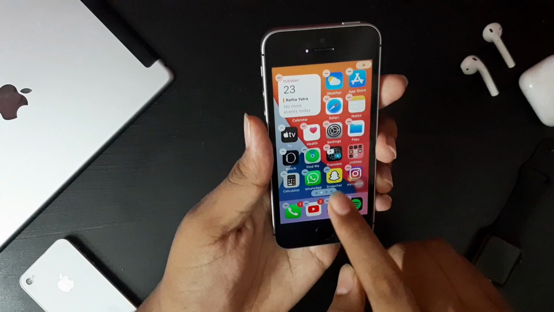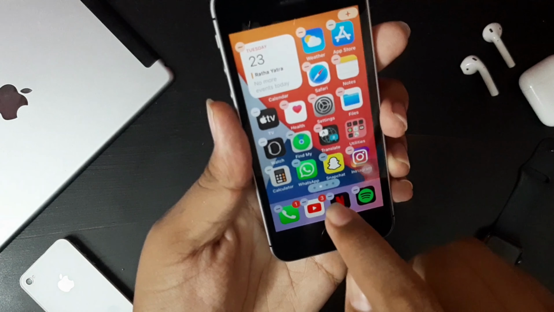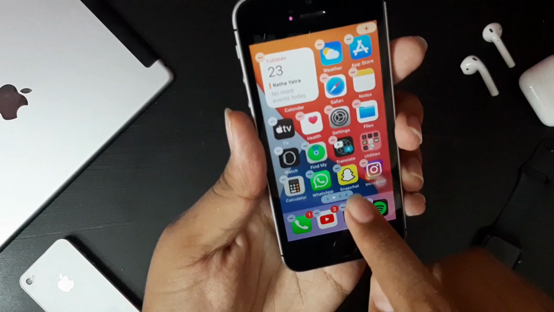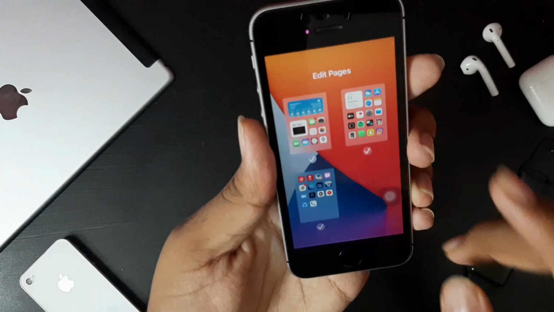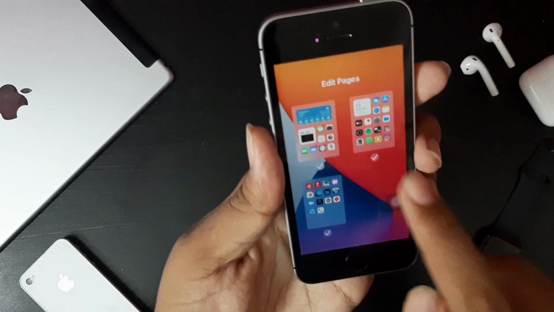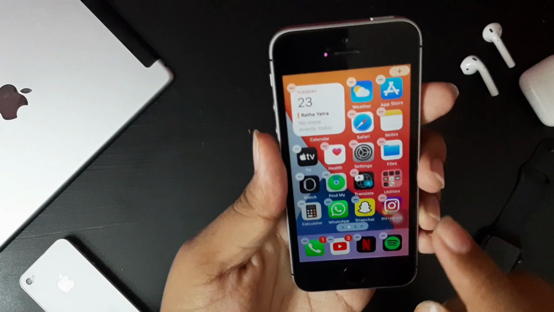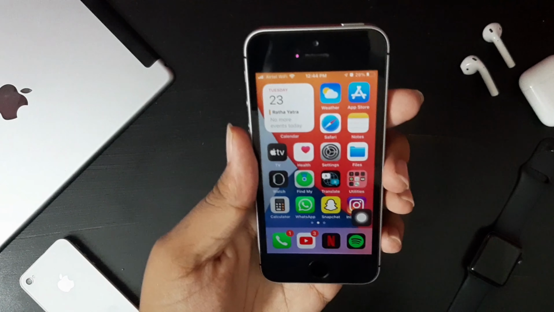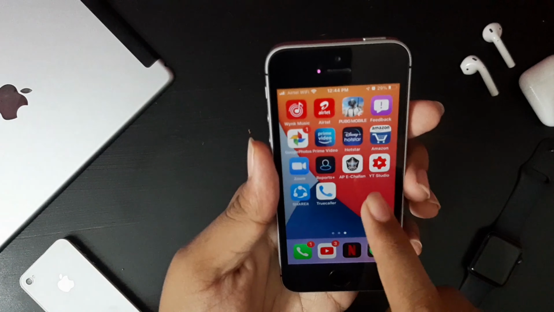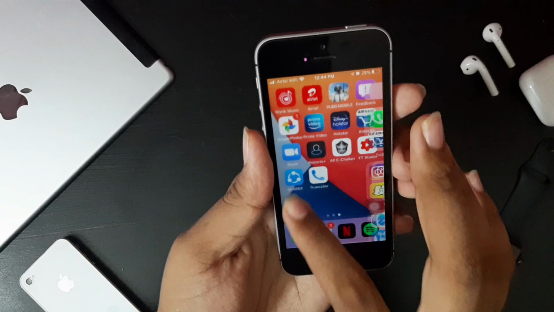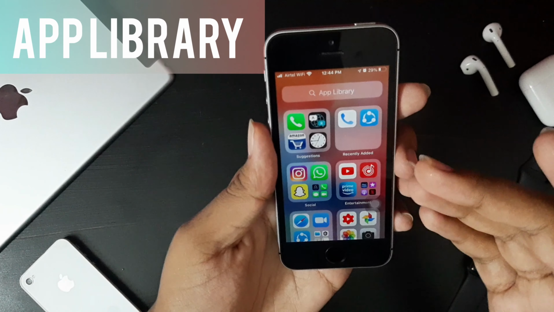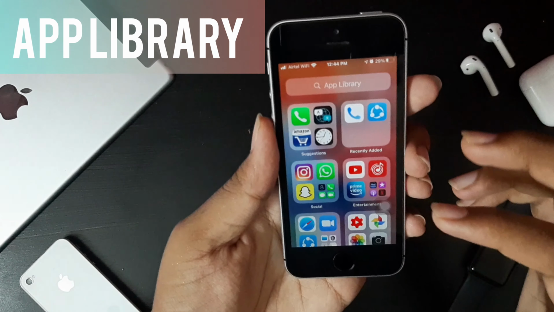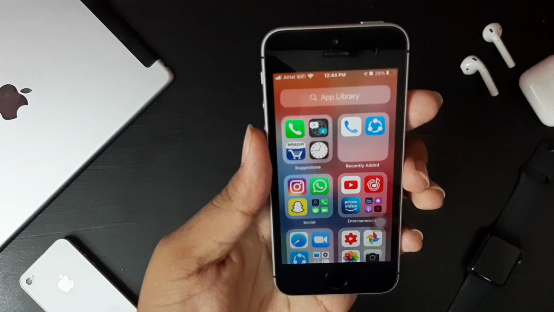If you click on the Edge home screen, you can see the bottom part of the home page slide is highlighted. If you click on that, you can deselect or select the home pages and remove it. You might be wondering, where are all my apps? Don't panic, it's the new feature. If you slide all the way to the right side, you'll find an app library over here, which is not a custom one which we created.